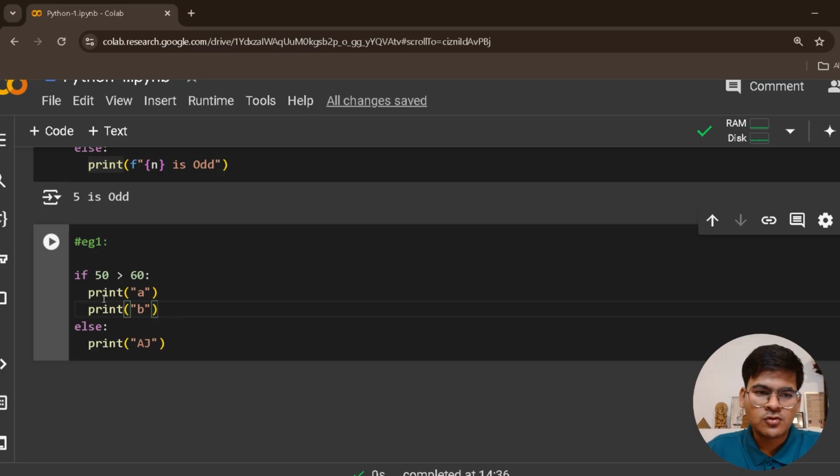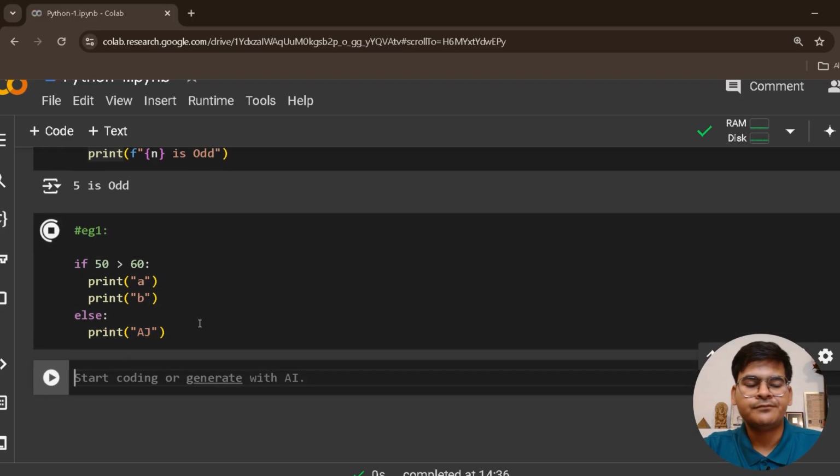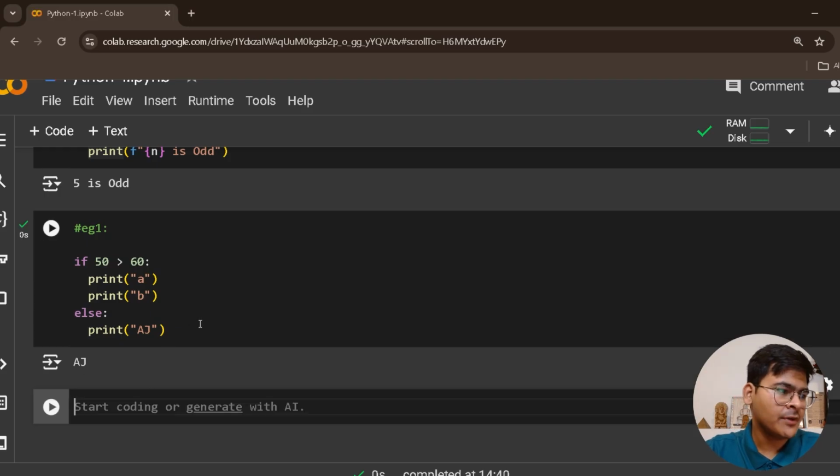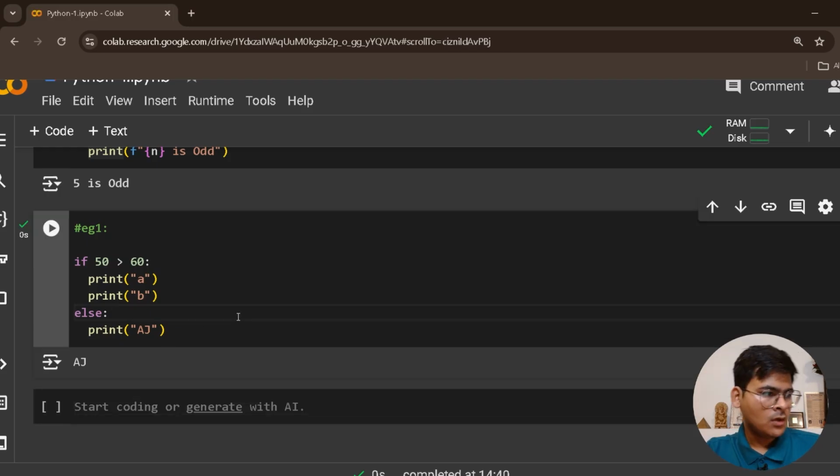Second thing, as I told you, this is a simple block which is the if block, and this is your else block. As the condition is false, you will go into the else block. So only AJ will get printed. But if I take the same example